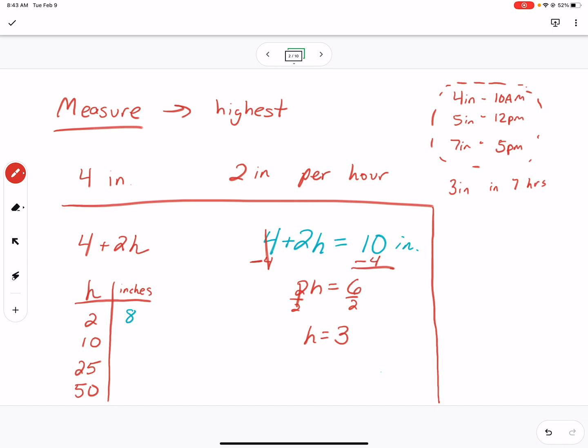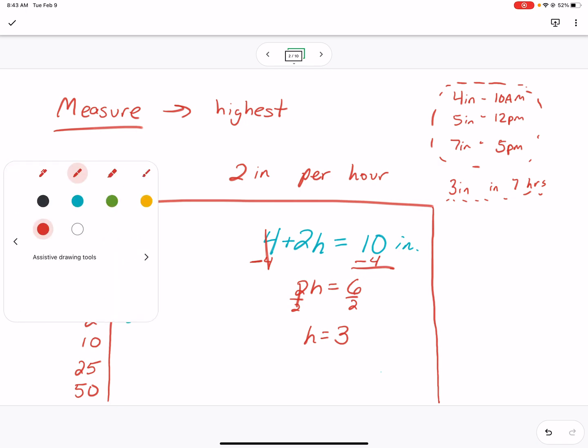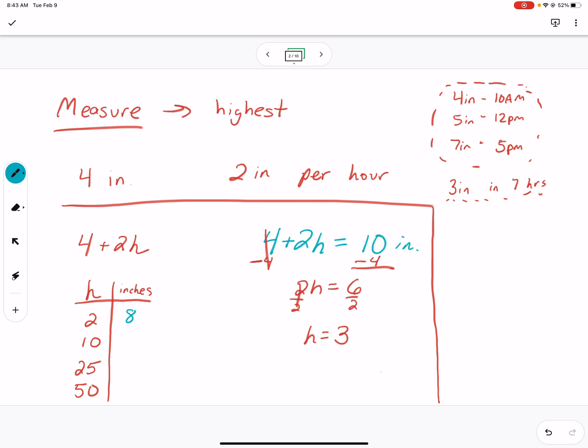What I want you to try to do is figure out how much it snowed per hour. So in this case, it's not going to be 2 inches per hour. You have to figure out how you would get that. Now, there are some other things we could do. You could say you have your 4 inches of snow plus X. You go out tomorrow morning and there are 12 inches on the ground. How many inches of snow came down in that one day?